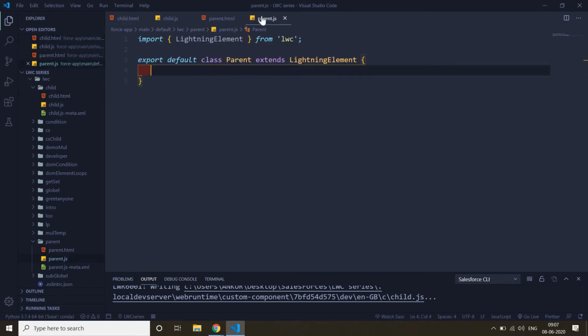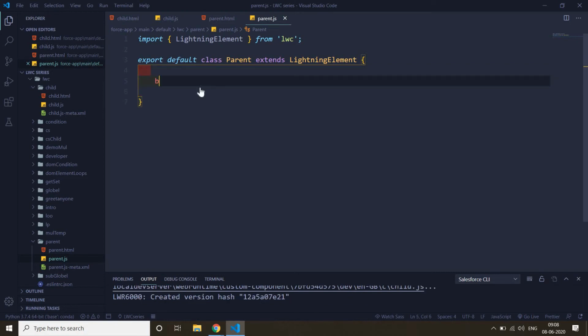So for that we make one object in our parent component, so we can pass this object to the child component. We make the object in our JS file, and this object is passed to our HTML file through the child element. Let's create one object called book.